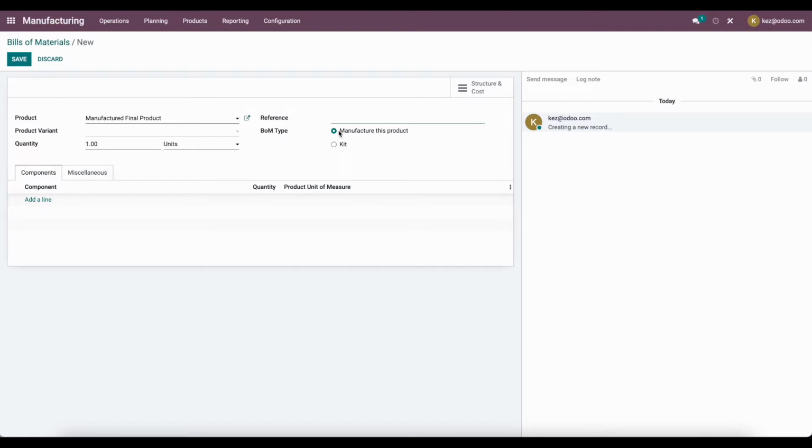And then we have the BOM type. We have manufacture this product or kit. So a manufactured product is essentially any product that you're going to build out, whereas a kit is going to allow you to kit products together, also known as a phantom bomb. So if you have 2 items that commonly go together, or many items that commonly go together, and they're used in different bill of materials, but you want to track them or manage them separately, that is a good way